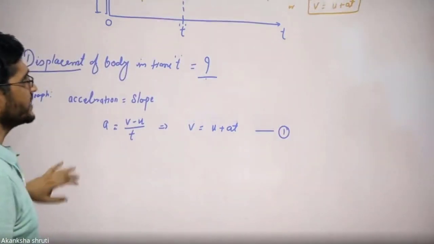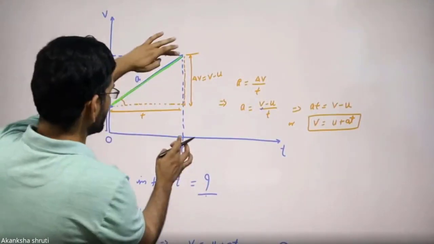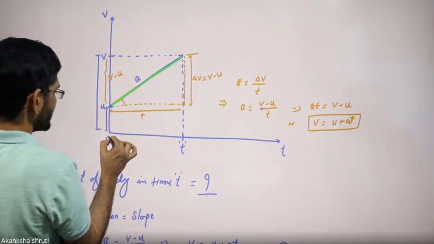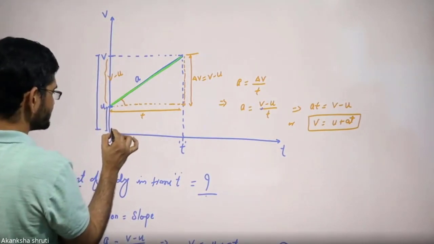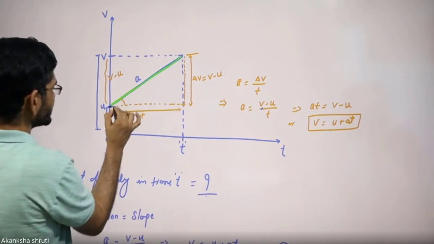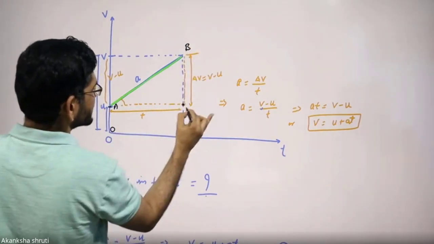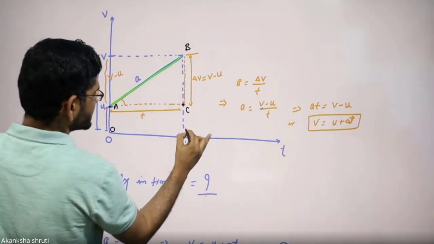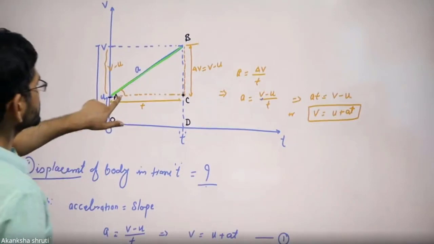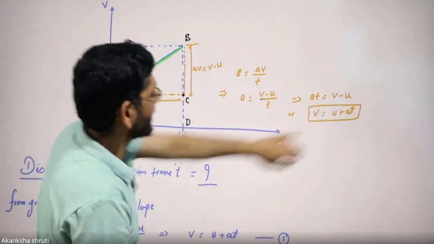Ready, students? Keep in mind, what is this v or how much is v? v is from this point to this point. Even for understanding this, let us give names. Consider this as O itself. This point u as A, mark this point as B, this point as C, this point as D. So from this slope, by considering the vertical axis by the horizontal axis, we have written the acceleration.